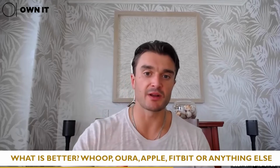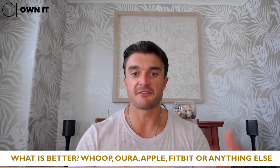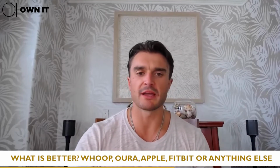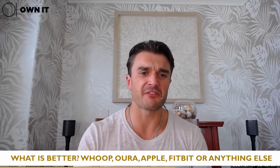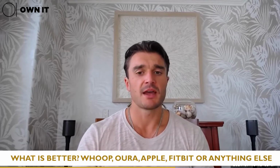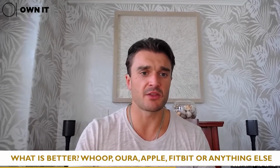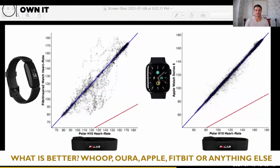Now, coming over to our next one is Fitbit. And Fitbit's really taken the world by storm after its acquisition by Google, and really being one of the first ones on the market, to be honest with you. The first thing I want to show is the way in which it measures heart rate in comparison to the Polar H10s. And if we take a look here, we can see that it's not too bad in terms of accuracy,